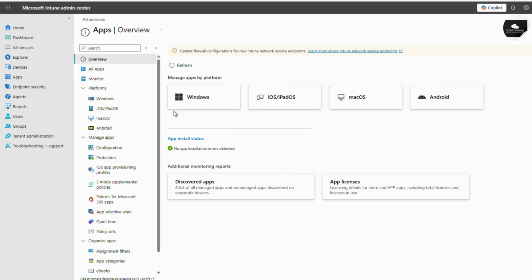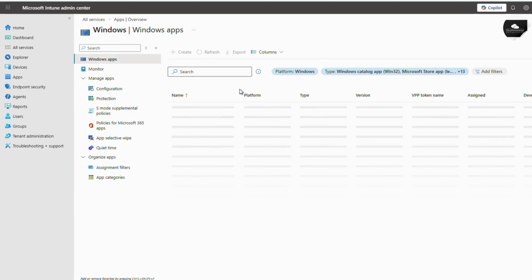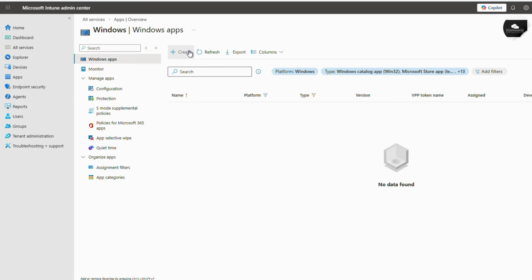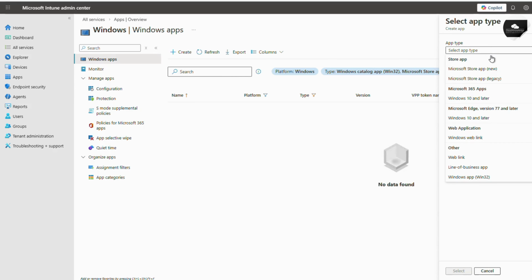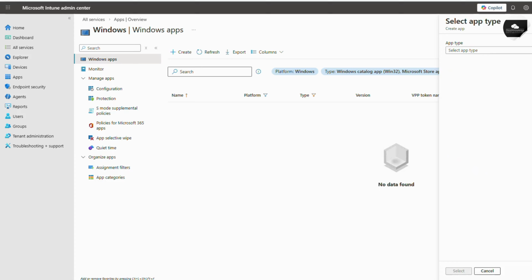And here you can find how many apps there are on Windows, iOS, Mac, and Android. Based on that, you need to check, or if you want to update those applications, you need to create another application and you can deploy that application in this particular section. And once the app type and the deployment have been done successfully, you can find those applications